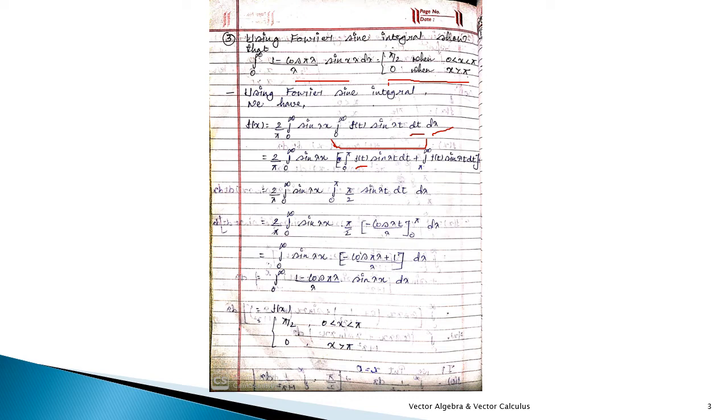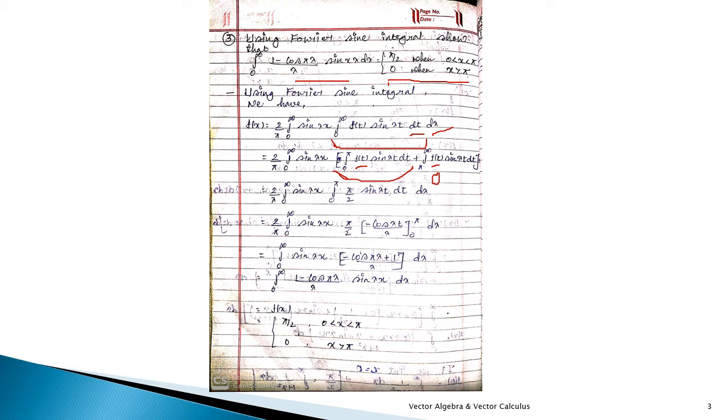Next, sin lambda t dt, and pi to infinite, pi से ज्यादा यानी कि this one, and this function is given 0, so यहाँ पे आएगा 0, right? और यहाँ पे आएगा pi by 2. So this one will be 0, so the remaining term will be only this one. So हमारे पास यही remaining term है अभी, so that will be pi by 2, ये सब as it is,